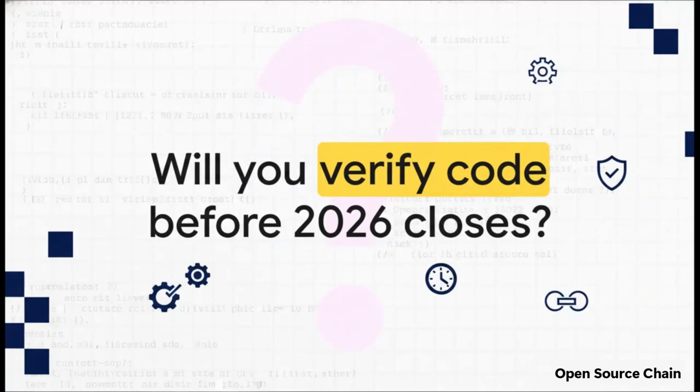So that leaves us with the million-dollar question. Take a hard look at your own systems. Look at the free building blocks your development teams are downloading every single day. Is your organization actually prepared to verify every single borrowed brick in its digital foundation before that 2026 window slams shut? The pressure is absolutely rising, and the timeline is set. The only variable left is how quickly we're willing to adapt.